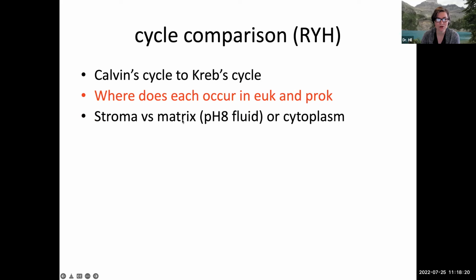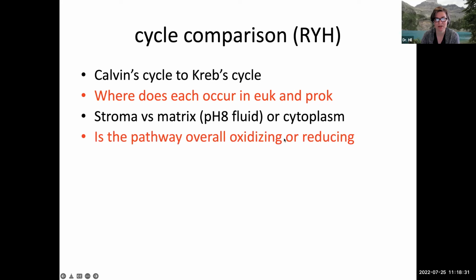Okay, if we compare the stroma and the matrix, they're both fluids that are around pH of 8. And the cytoplasm, right, is kind of a similar neutral-ish compartment where chemistry can happen. All right, now let's look at these from a different perspective, sort of from the what has happened chemically that